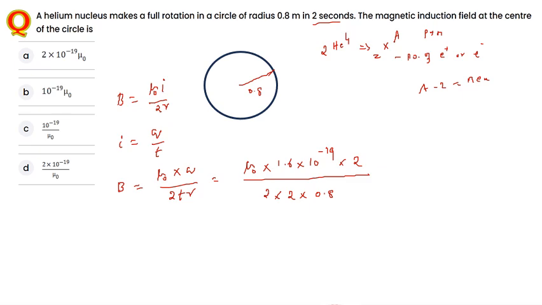See, for this, the 2 and 0.8 you can cancel for 1.6, and this 2 and this 2 will be cancelled. So what you are going to have here is mu naught into 10 power minus 19. So the answer here is